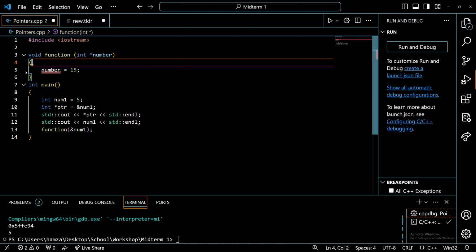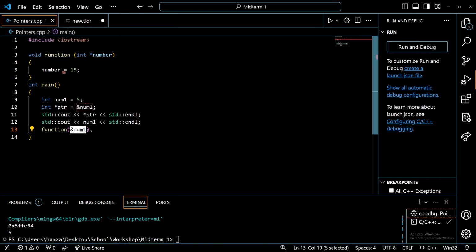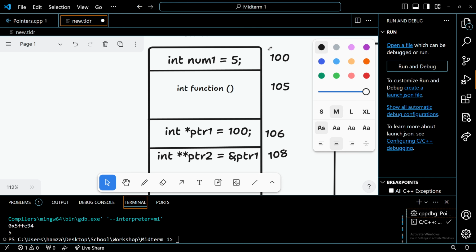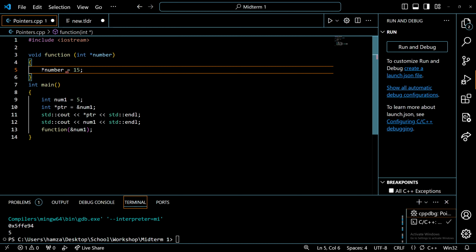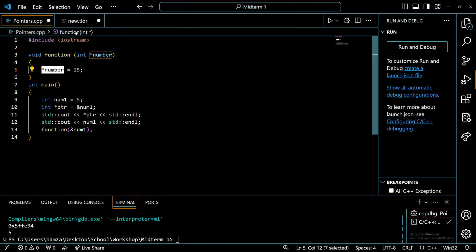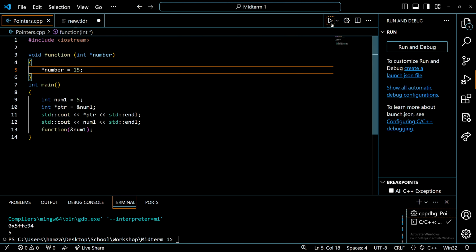And so now that I got the address, you see here it's an issue. It tells me I can't do this. Why? I got the address. Can I change what's inside? What I'm doing here, this number equals not 5, but it equals 100. It equals the address. And so how do I access what's in there? Remember, if I dereference it, I'm telling it, hey, can you go to the address you're holding? So it goes to this address, and I'm telling it, change what's in there to 15. You see now when I run this,